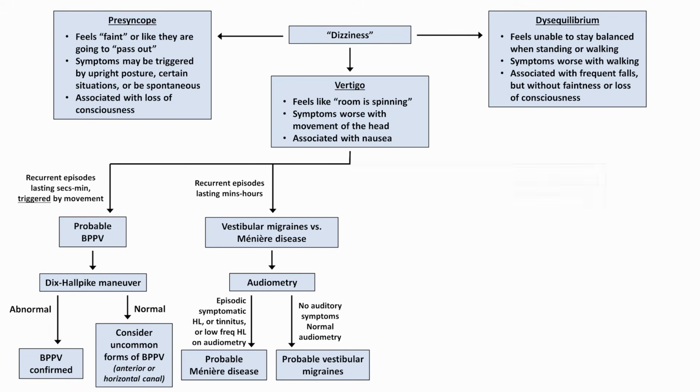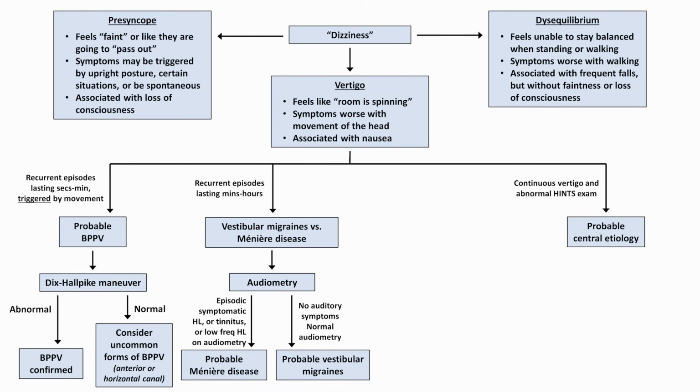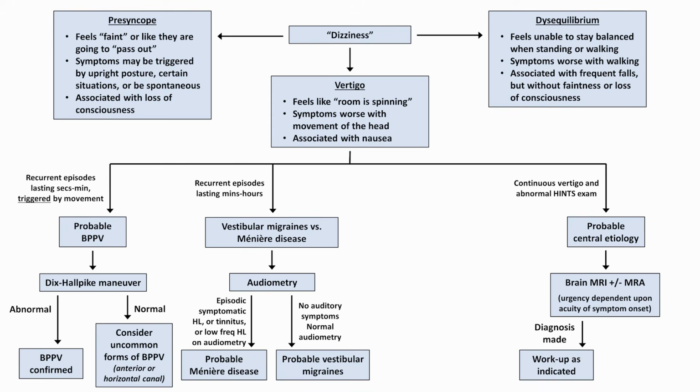If the patient's vertigo has been a continuous single episode and they have an abnormal HINTS exam, they probably have a central etiology, in which case a brain MRI plus or minus MRA is indicated. The urgency of neuroimaging is dependent upon the acuity of symptom onset. If a diagnosis is made, you should further work it up as indicated. If the MRI is unremarkable, you should consider rare causes or potentially a false positive HINTS exam in a patient